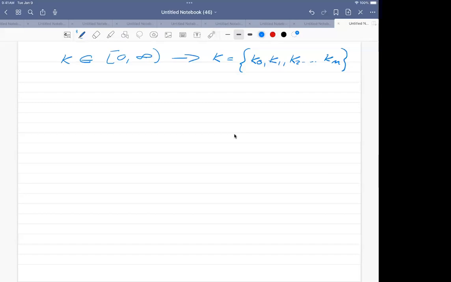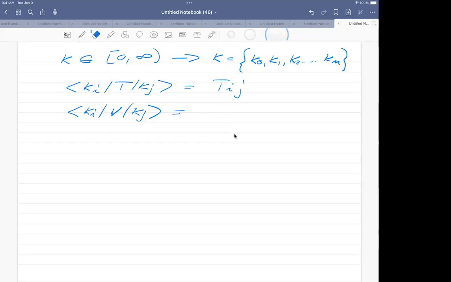So what that means is that you can then replace k_i of t, of the T matrix, in terms of a matrix T_ij. You can do the same thing with the interaction V of k_j. So sorry, this should be V here. And then if I take the denominator here, this k and k, the denominator which has the energies of E